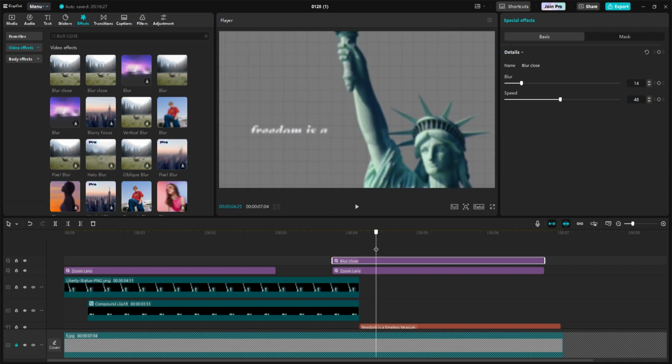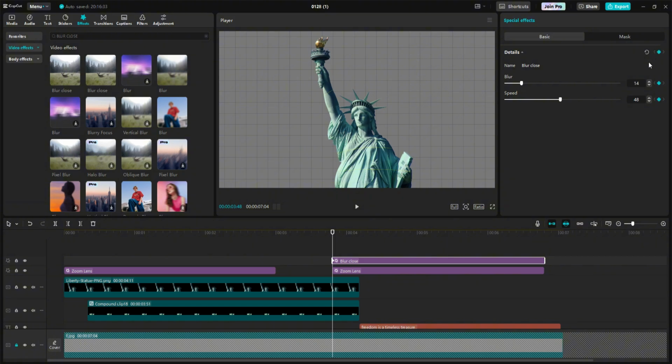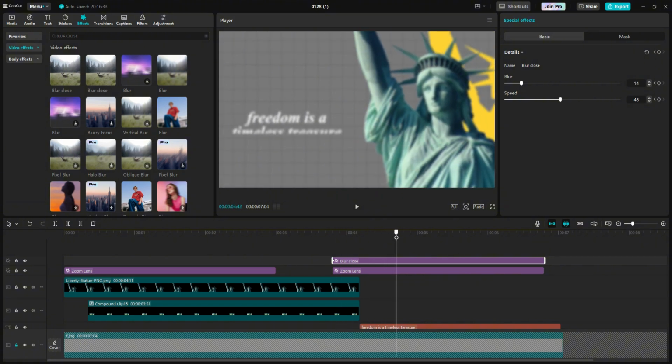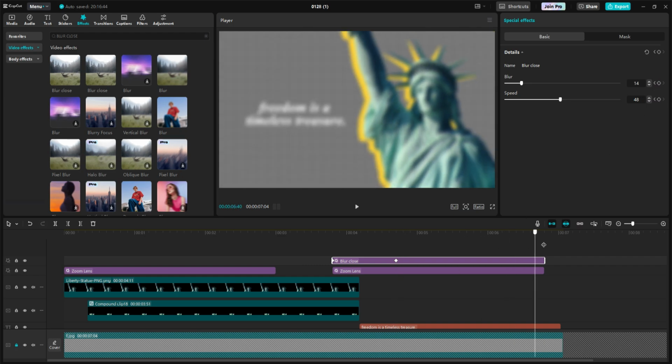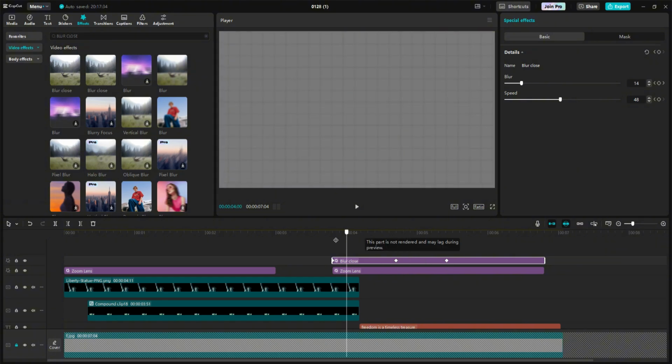I'm gonna add a keyframe at the first frame, then move forward, then add another keyframe. After that, move to here and set the blurriness to the lowest.